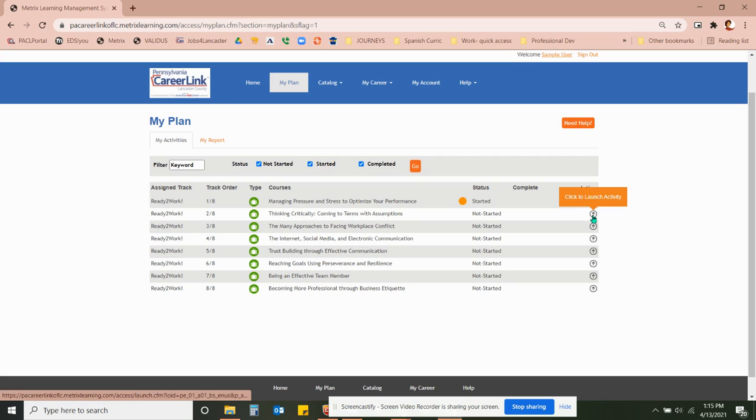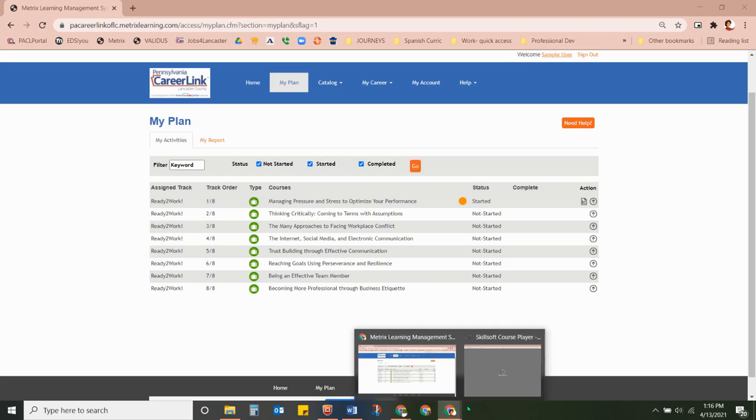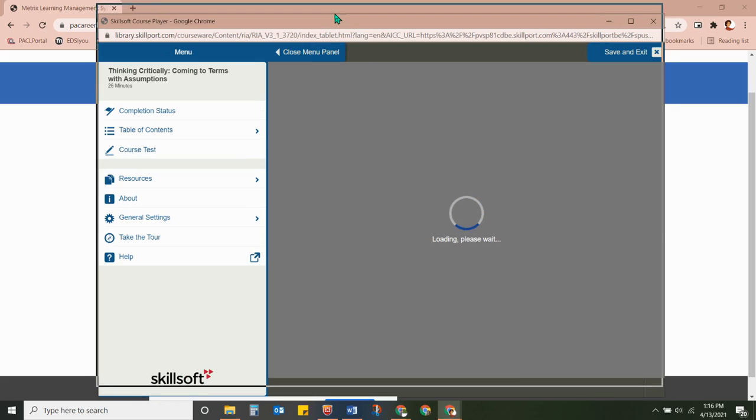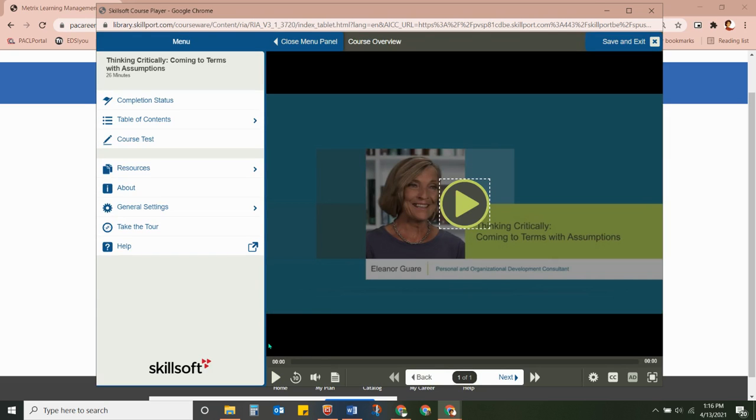Okay, so what we're going to do is click here on the arrow where it says click to launch activity so that we can look at the additional features. And on the left-hand side, if you do have a pop-up blocker, you're going to click here to launch course and a new window will come up. In my case, I'm not going to do the pre-test. I'm just going to go ahead and start course